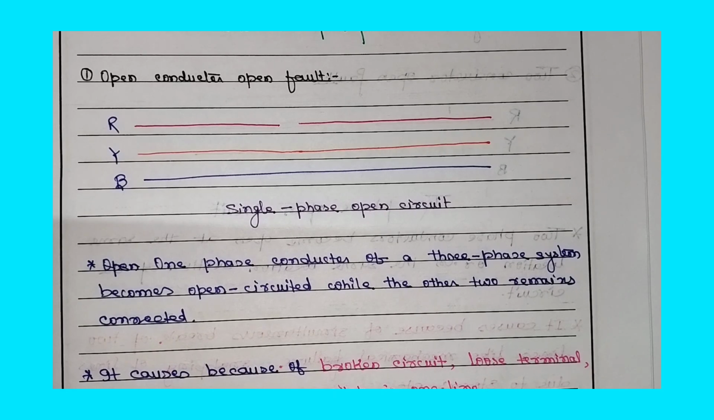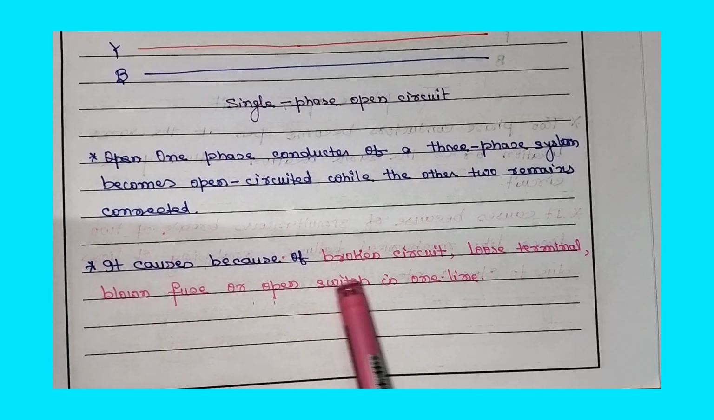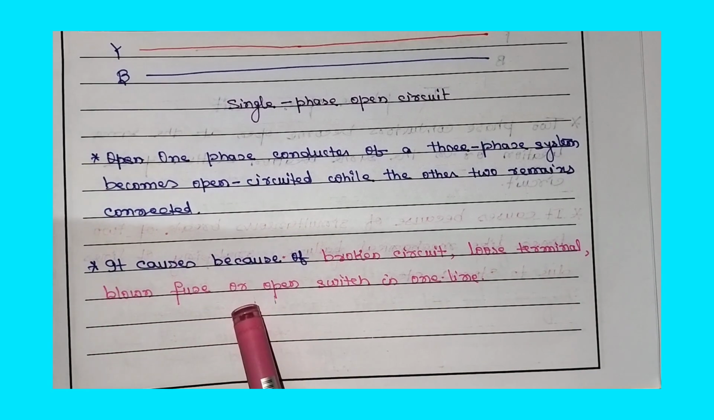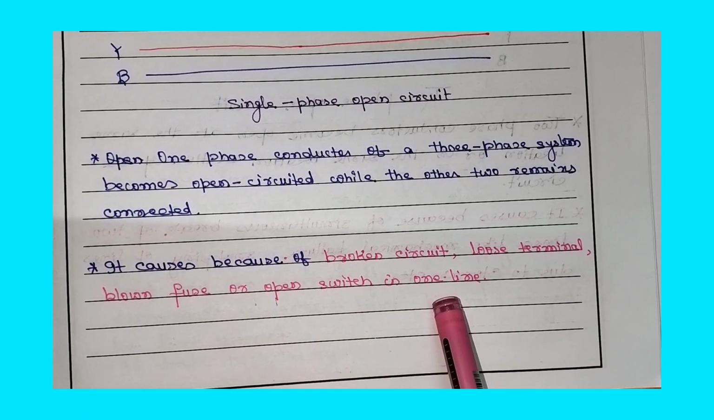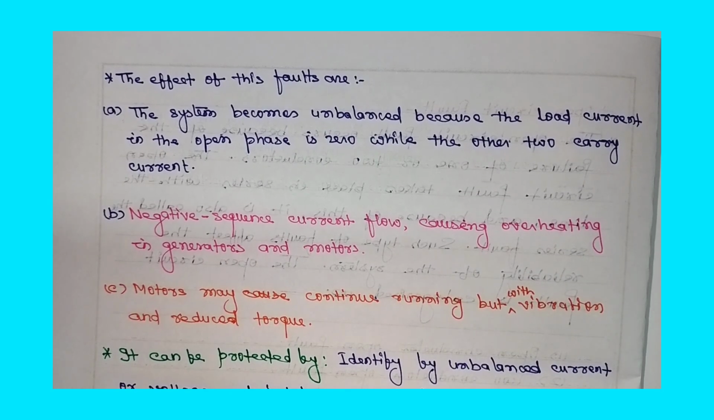Even though open circuit faults do not produce large currents like short circuits, they can severely affect reliability and must be detected quickly using protective relays. This is the detailed explanation of open circuit faults, their definition, types, and common causes. They are caused by broken circuits, loose terminals, a blown fuse, or an open switch in one line. Already discussed. Now let's understand the